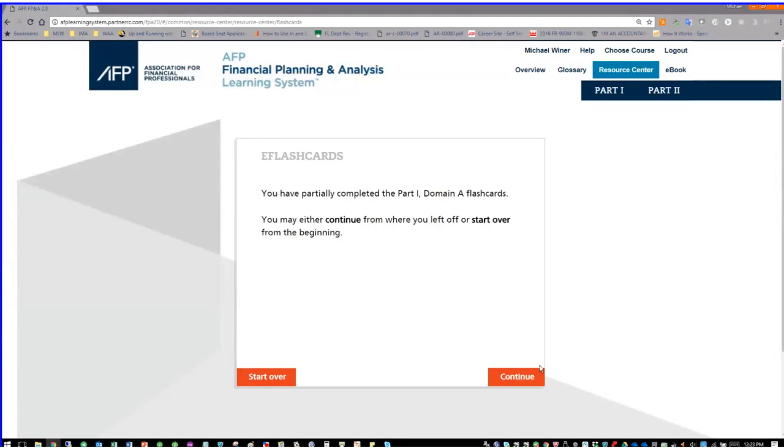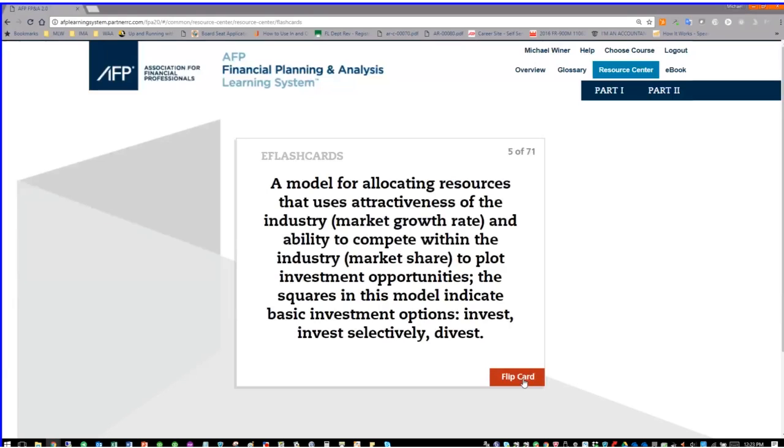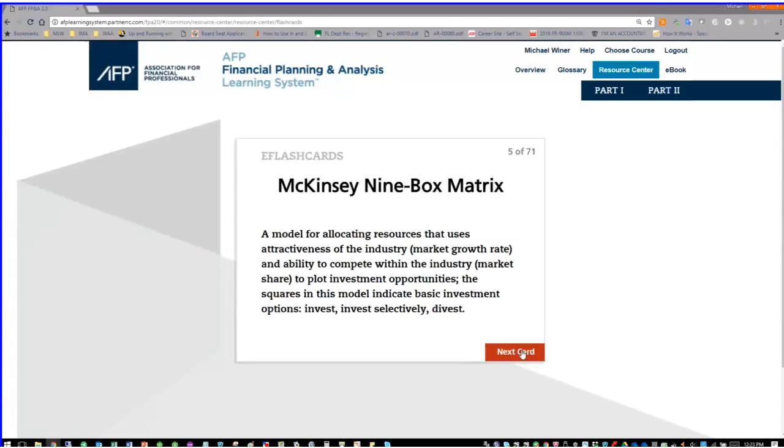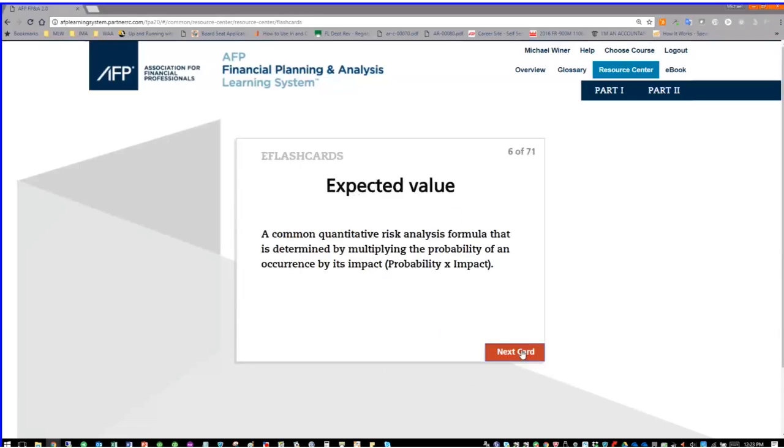Okay, apparently, because I've been in here before. I see. So these are not for printing. The ones that I've clicked on, these are online. So these are just useful. You should go through all of these, or at least you can go through all of these.